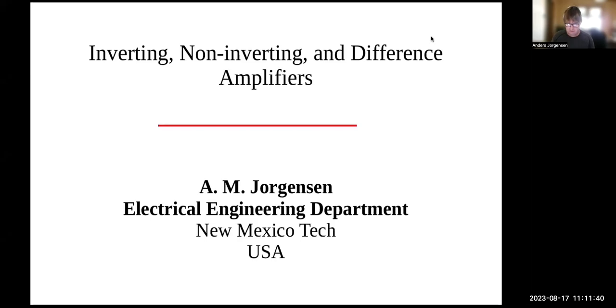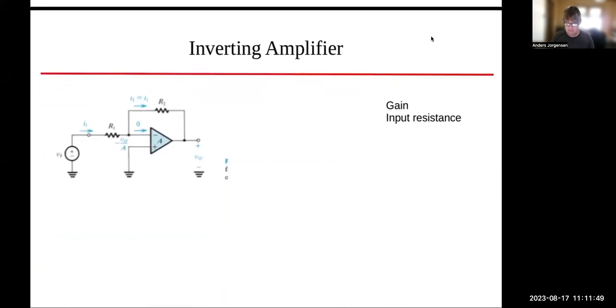Okay, let's talk about amplifiers built on op amps. We'll talk about the inverting, the non-inverting, and the difference amplifier. So we start with the inverting amplifier here, and